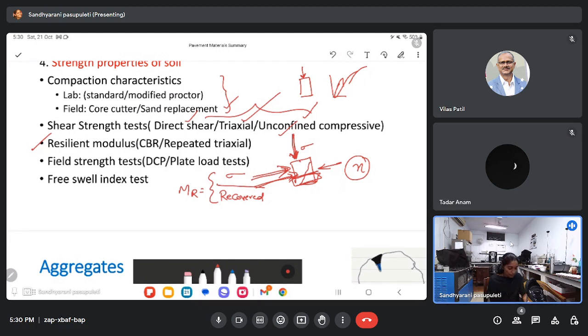Usually for granular materials it is completely difficult to understand the plastic deformation characteristics, that's why we assume this resilient modulus as the elastic modulus and we calculate the value. Also, if there is already constructed pavement and I want to understand the strength of the subgrade at the bottom, then we have the dynamic cone penetration test and also the plate load test